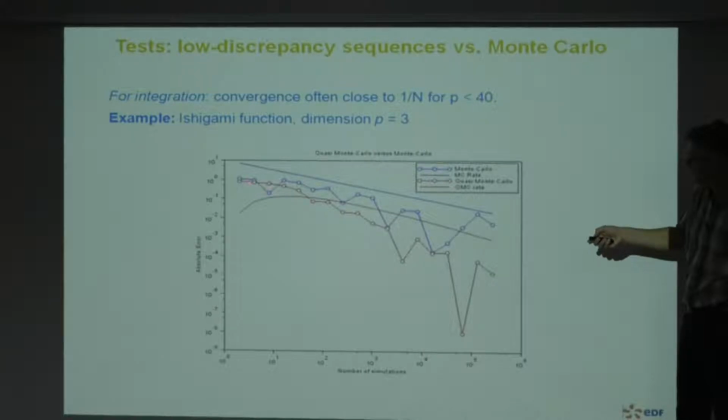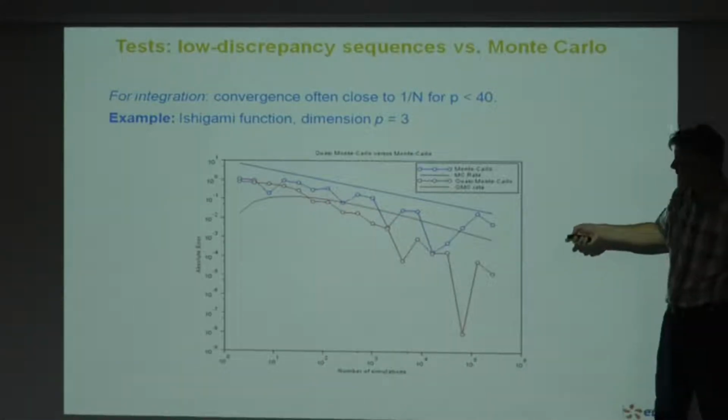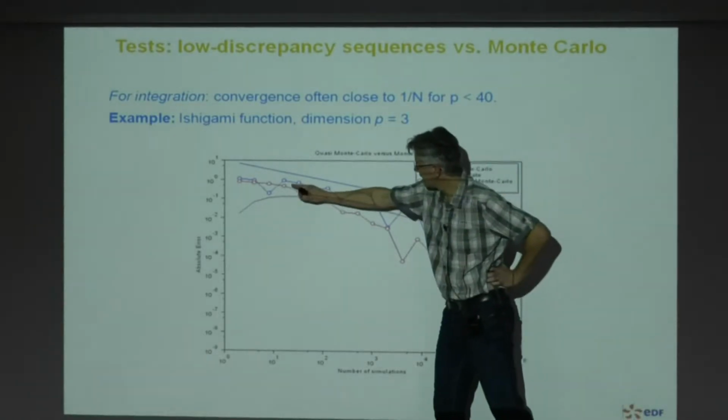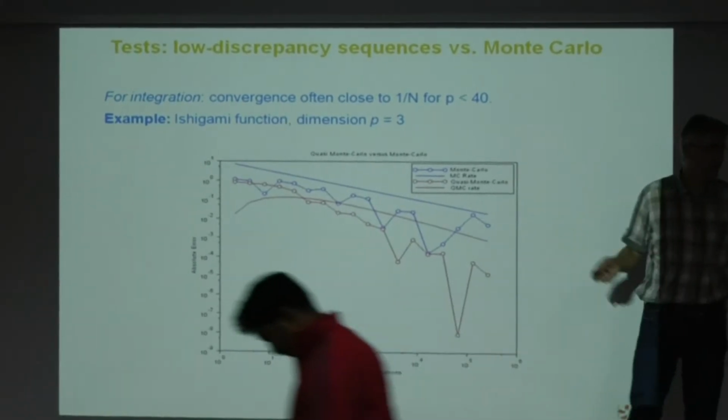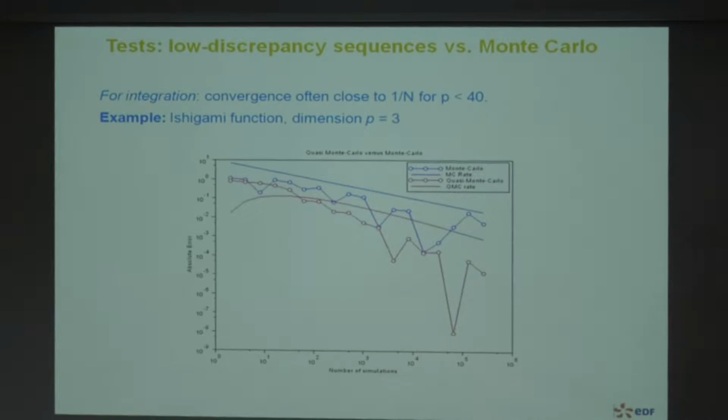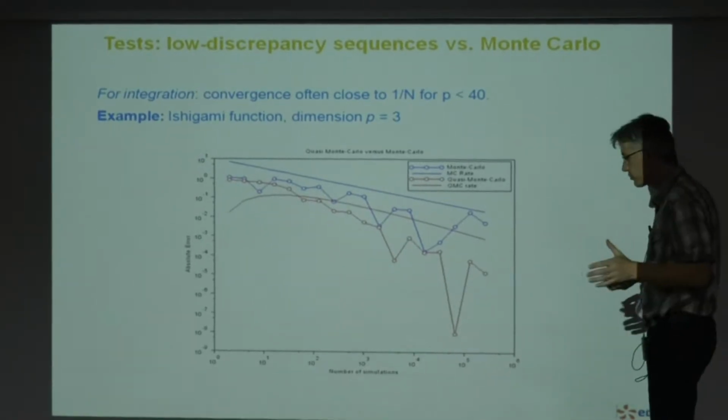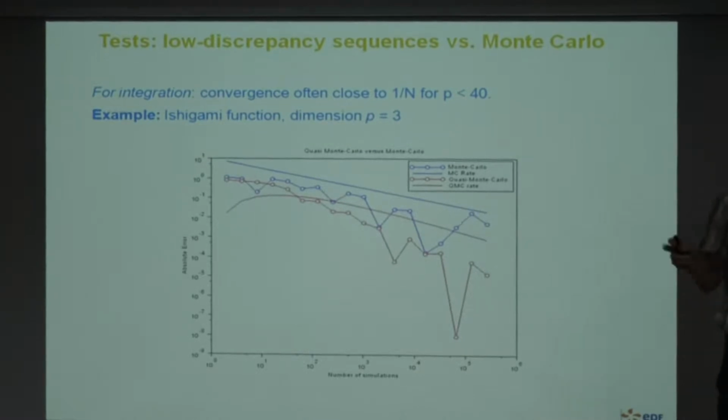And for the quasi-Monte Carlo sequence, it seems that I have better speed than the theory predicts. Okay? And I observe that the speed is much larger than the one of Monte Carlo. So this is an illustration example to show that if you have only 100 points to compute a mean of the functions, it's better to use quasi-Monte Carlo than Monte Carlo.